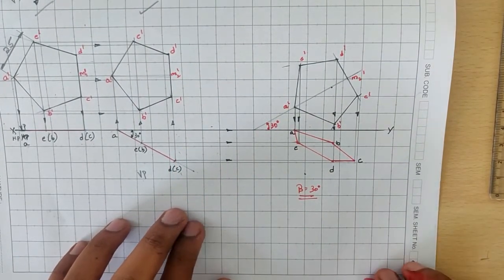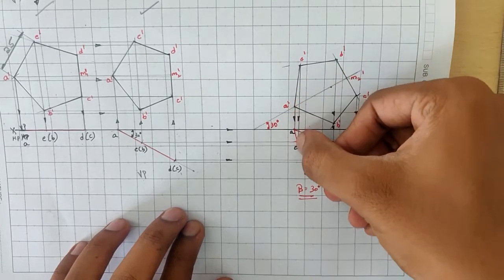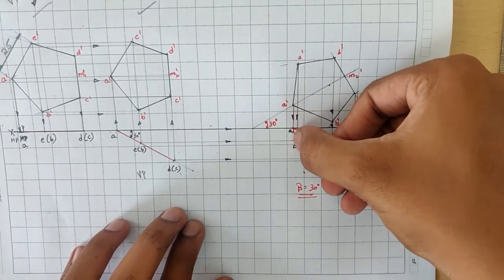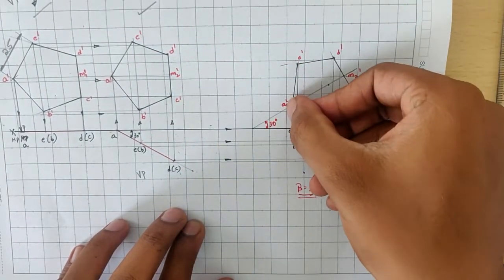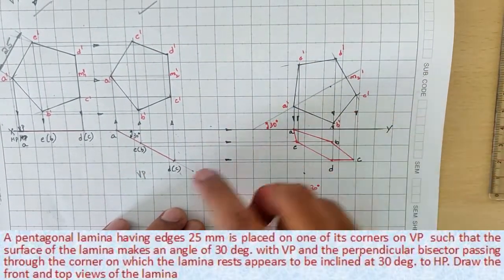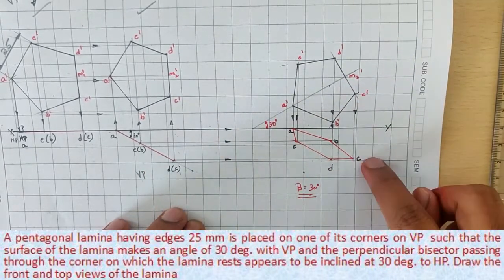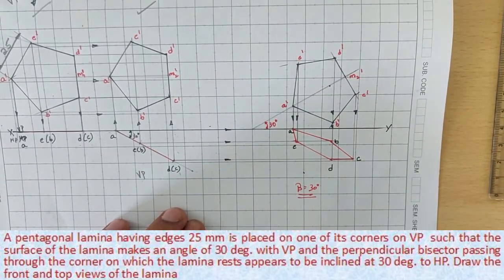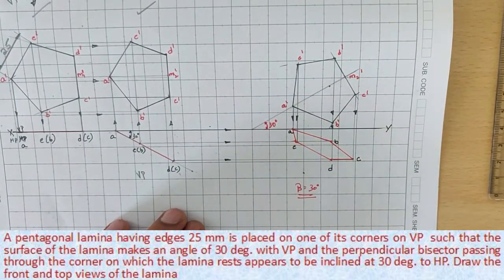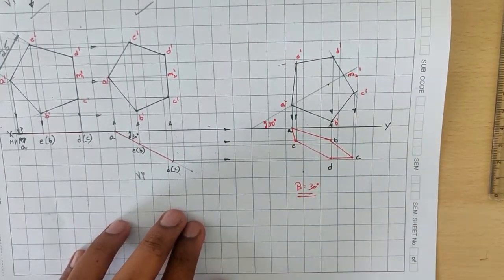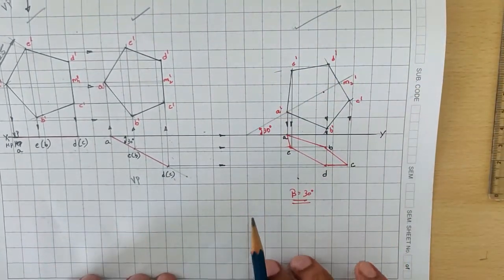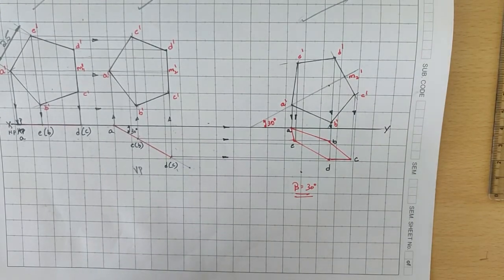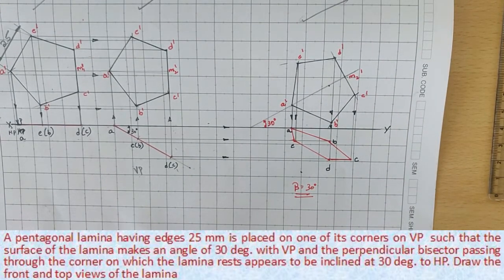Now the final step is to project. If I project this, A to A, B to B, C to C, D to D, and next E to E, this is how you are going to project. So finally you will obtain this. So name it. I hope even this condition is very much clear for you. Since we have already solved this kind of problem, I have just explained how to draw this. I hope it is very much clear for everyone. Please do follow this and draw it in your